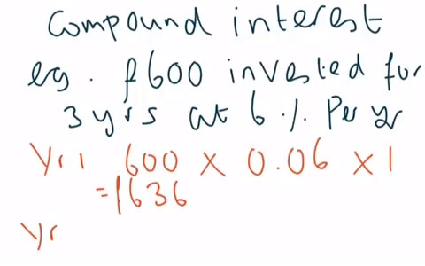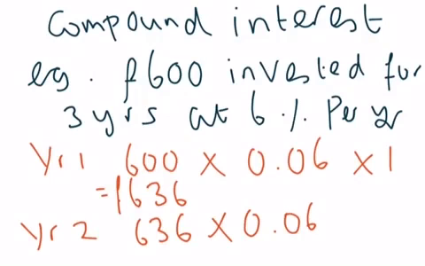So year 2. Now, how much have you got at the end of year 1? You've got £636. So now you want to work out the 6% on that 636, not on the original 600. That's the difference between compound interest and simple interest. So year 2, you've got £636 now, and you're going to times that by the interest rate of 6%. And again, we're looking at a 1 year period, because we're only looking at year 2. So times that again by 1,